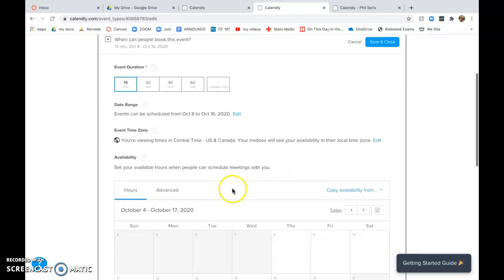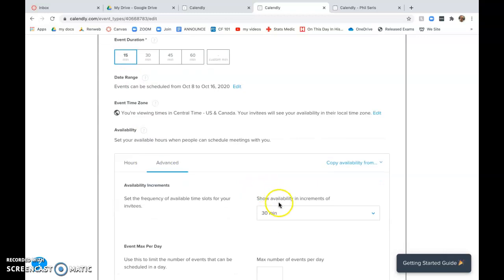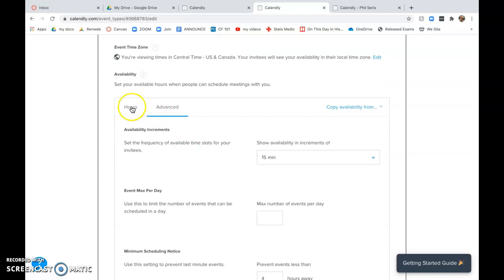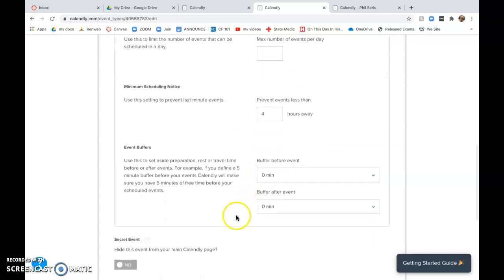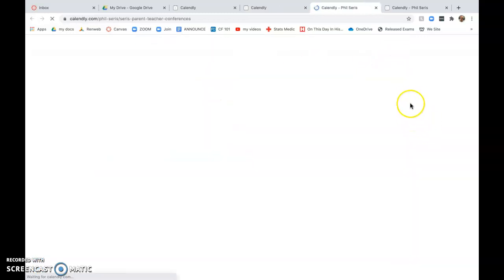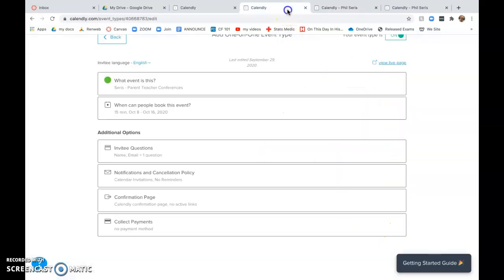oh, I know. It's this. You want to go to advanced. So event duration is 15 minutes. So go to advanced here. Show availability in increments of 15 minutes. That's what we want. So go to advanced, availability of 15 minutes. And then I'm going to hit save and close. And so now when I go to my live page, it should give 15-minute increments over here on the 16th. Yeah, there it is. Okay, so that's the basics of setting up those 15-minute